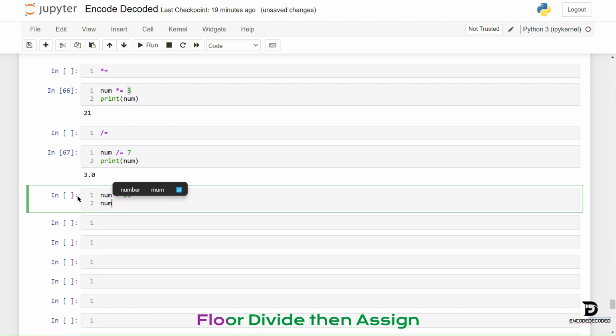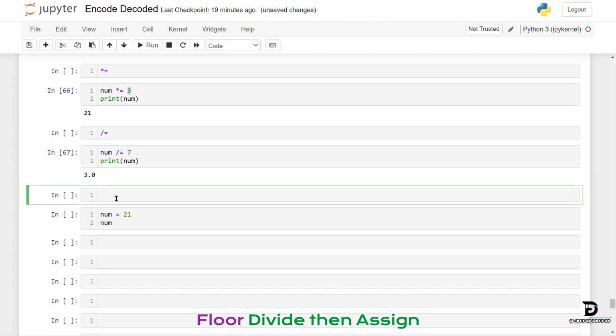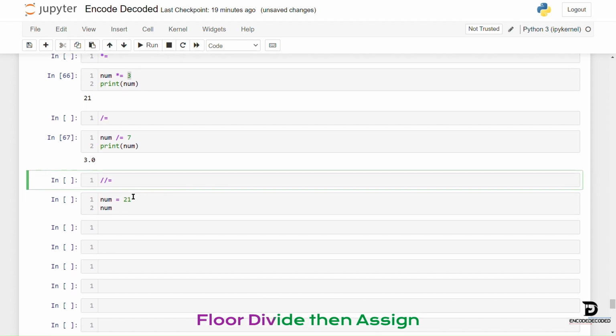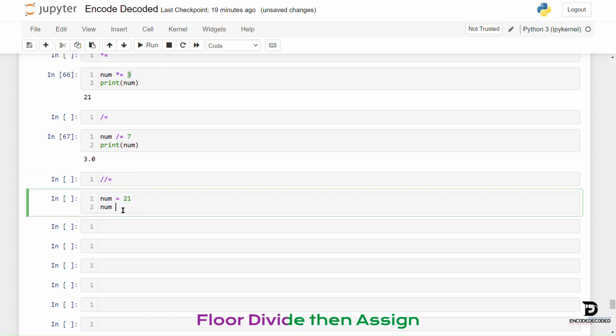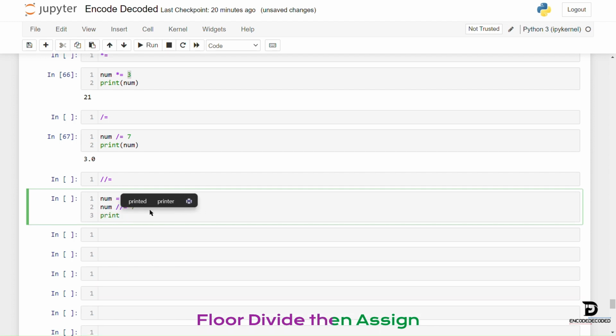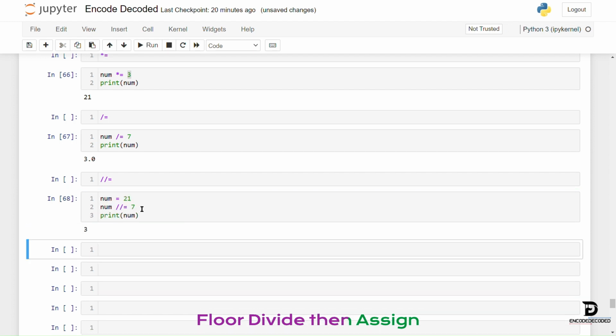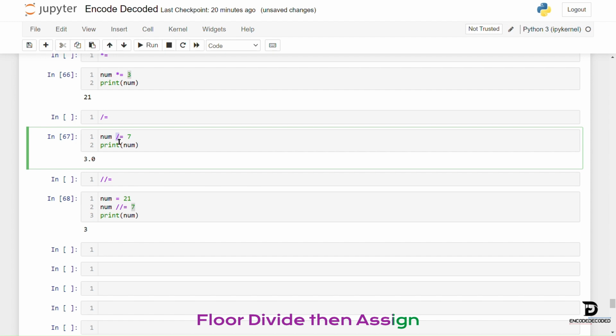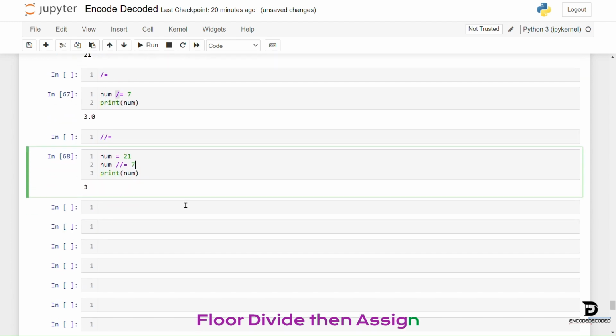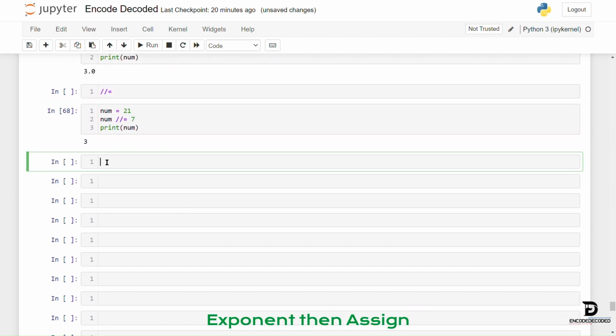Here also we are going to divide the number. Now we have the num equals to 21 and dividing with 7. But here we are ignoring the decimal part. That means from the previous example, we are dividing the 21 with 7, we are getting 3.0. But here also we are dividing the 21 with 7, but we are getting 3 as output. The next one is